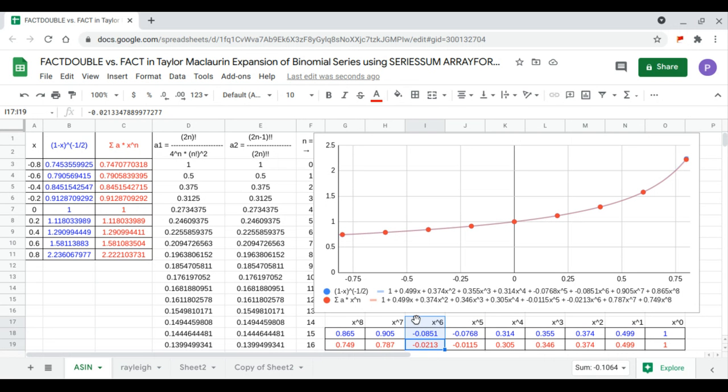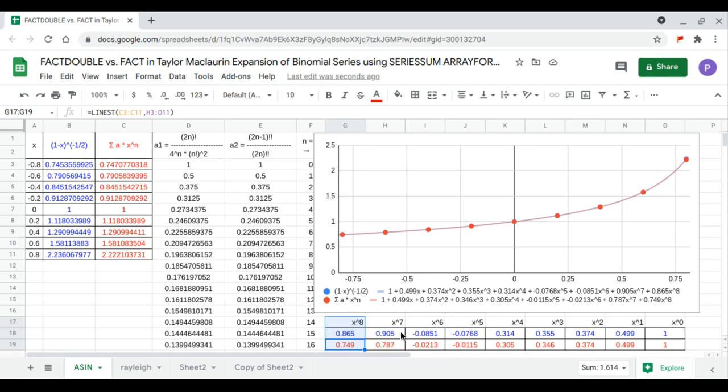The error goes higher. This is an approximation because our n is only up to 16, but you can go higher, then the error gets lesser. X to the 7, that's 0.905, 0.787, so you have a big error now. At x to the 8,